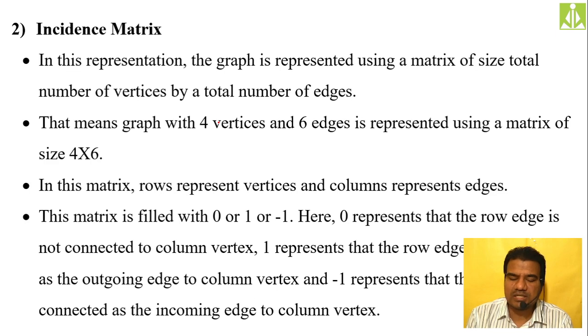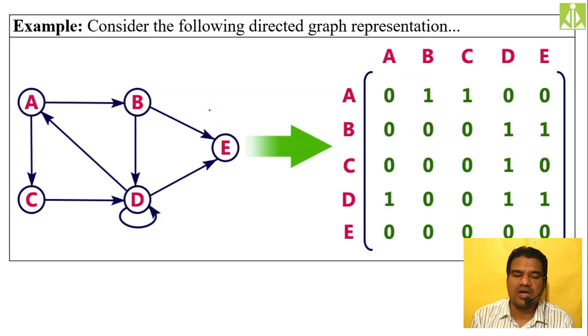Okay, consider another example. It is a directed graph. From A to B we have a link, but from B to A we don't have. Simply check that one. A to B means this one. We have a link, but B to A we don't have. A to B we have, because it is unidirectional, we are keeping 1 over here only. Whereas the same thing in reverse, B to A, we don't have, so we are keeping 0 over here.